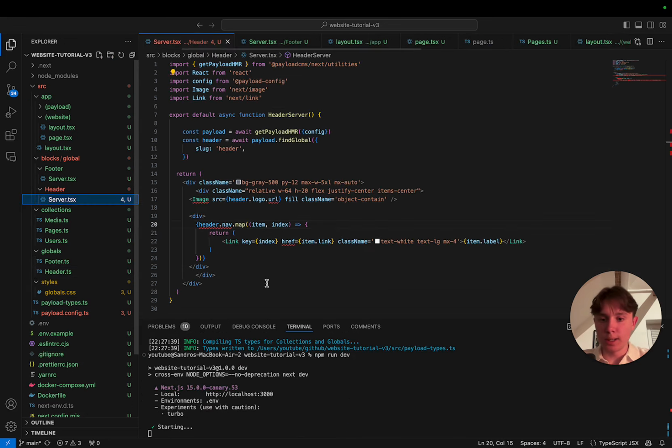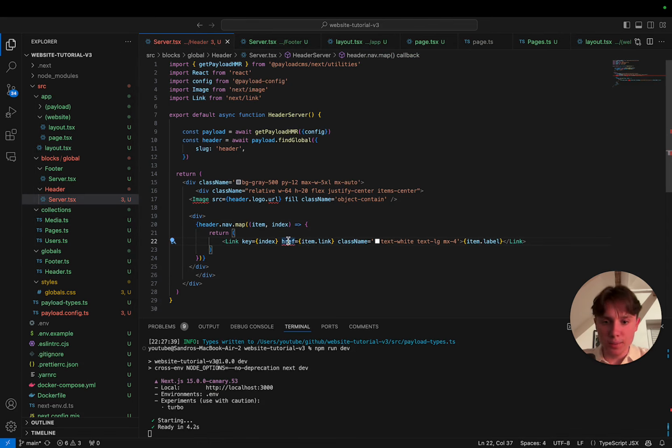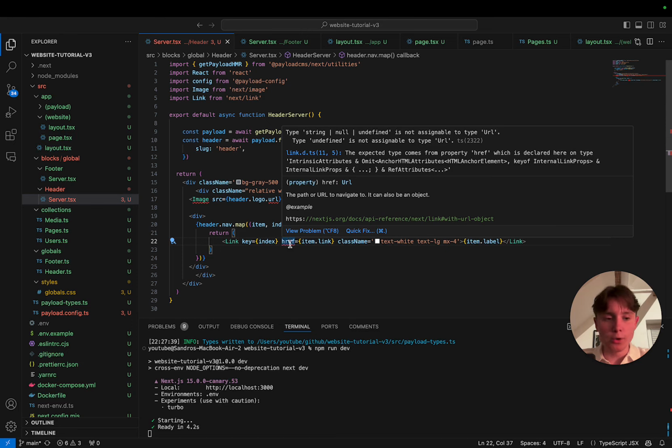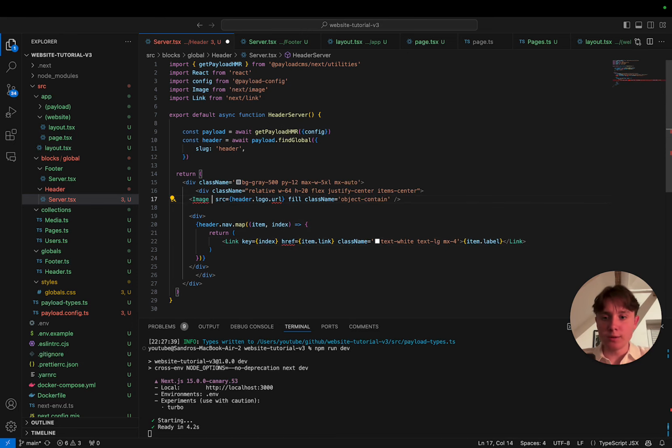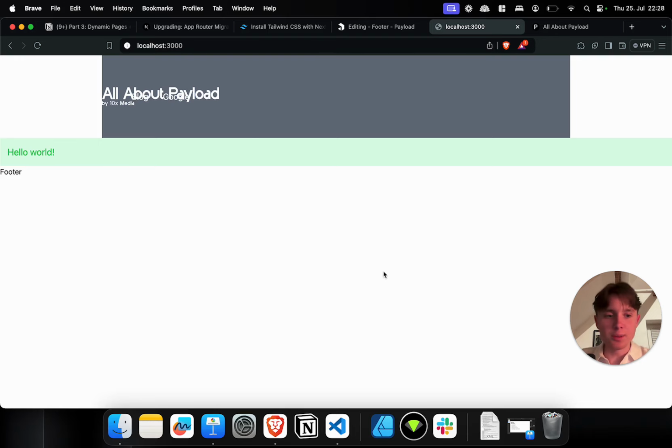And if we go back here, this at least has cleared up. Now this is still giving me a warning that I'm going to ignore for now. I first have to add the alt attribute because otherwise the Next image component will complain. So I'm going to say header.logo.alt. So if I go back to my development server, we now have something that looks a bit messed up